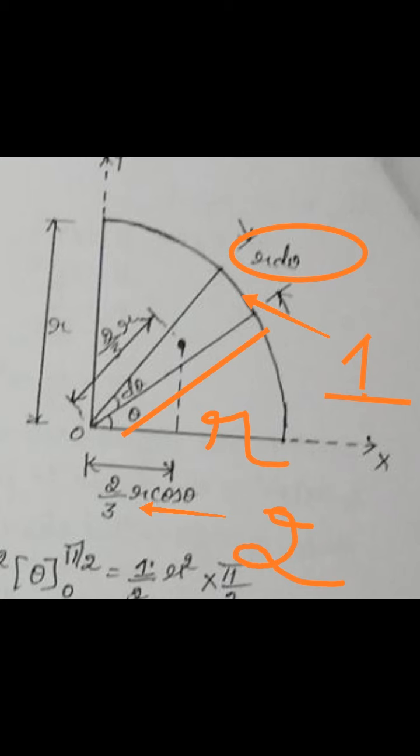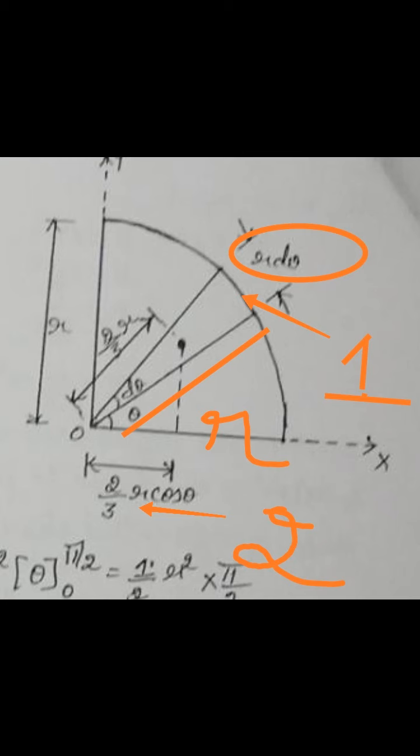So in order to find the area of that segment, you have to consider it as a right angle triangle. What is the area of a right angle triangle? It is half into base into height. What is the base? The base is the radius. What is the height? The height is nothing but r d theta. So the area will be half into base into height: half, base will be r, and height will be r d theta. So you have to consider this.